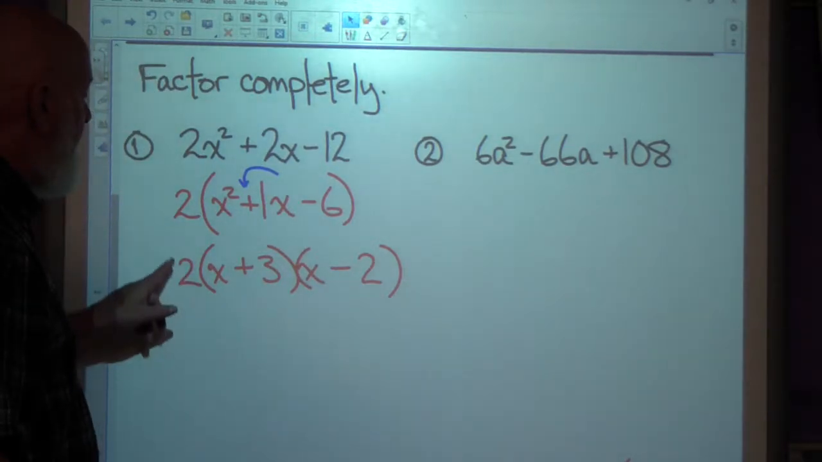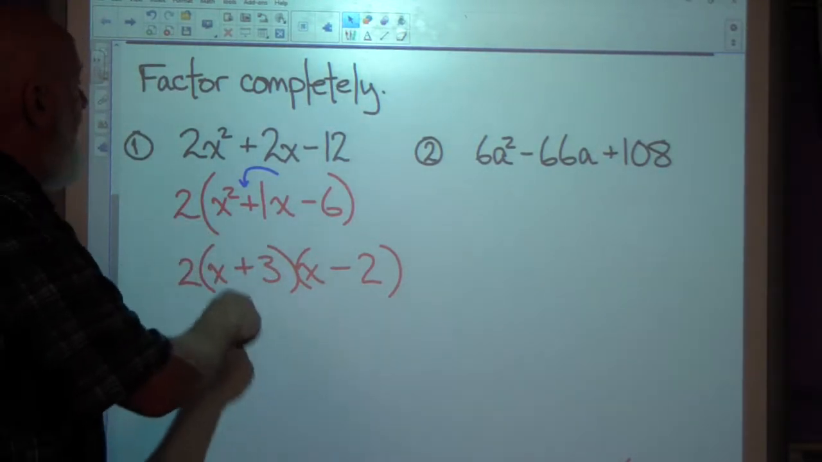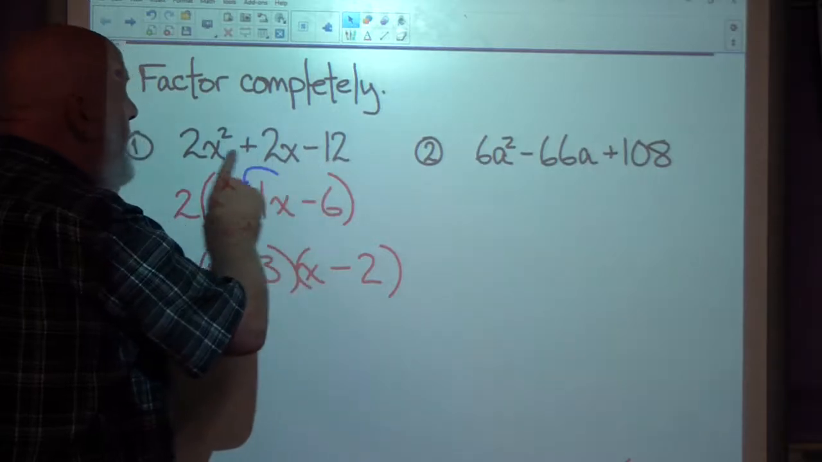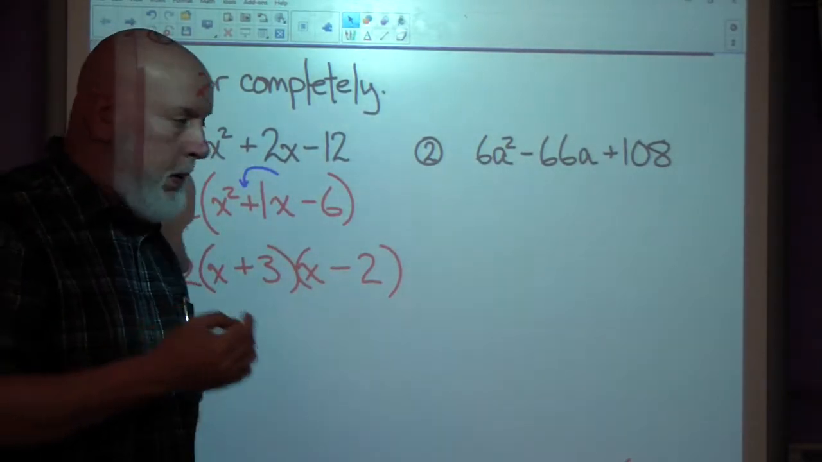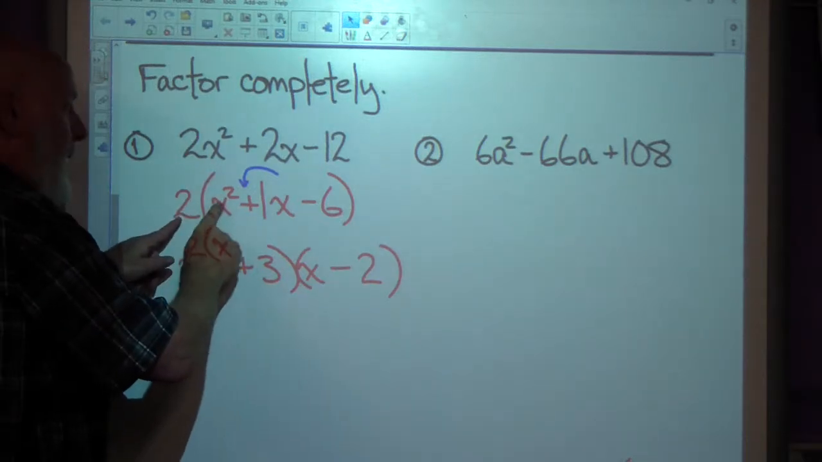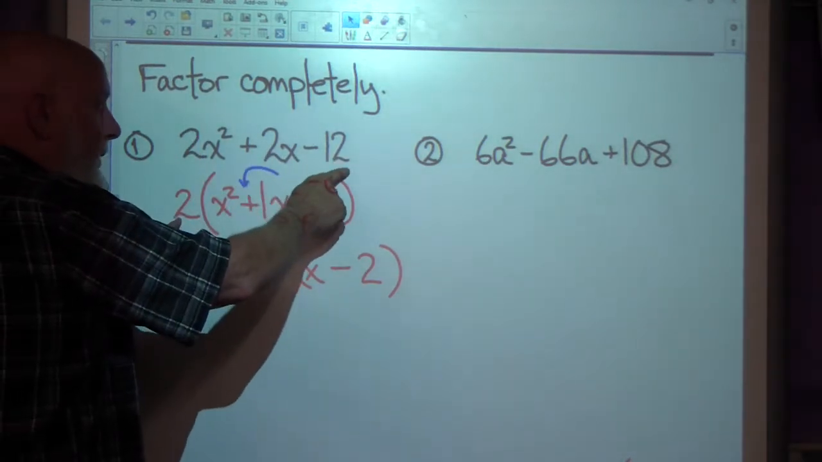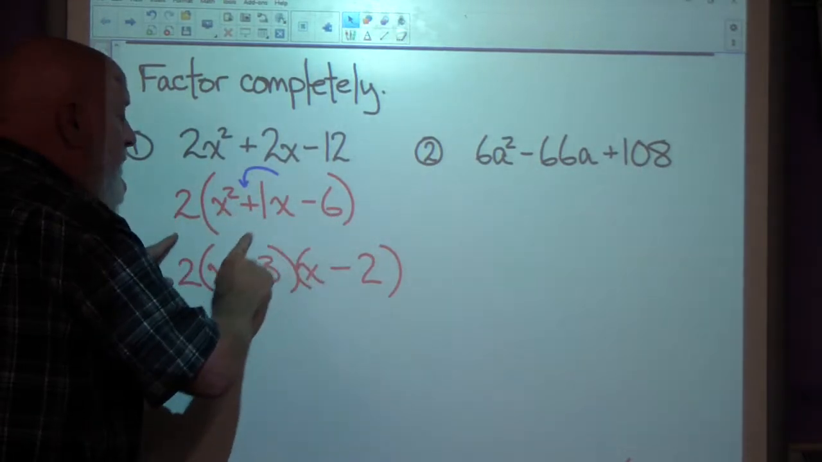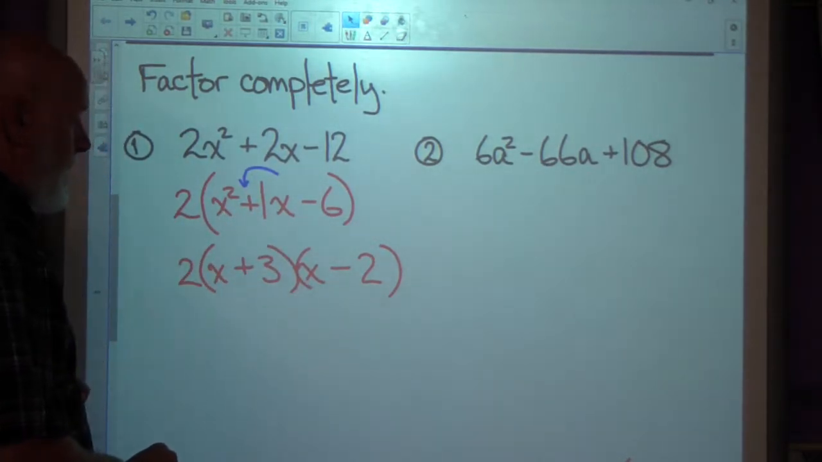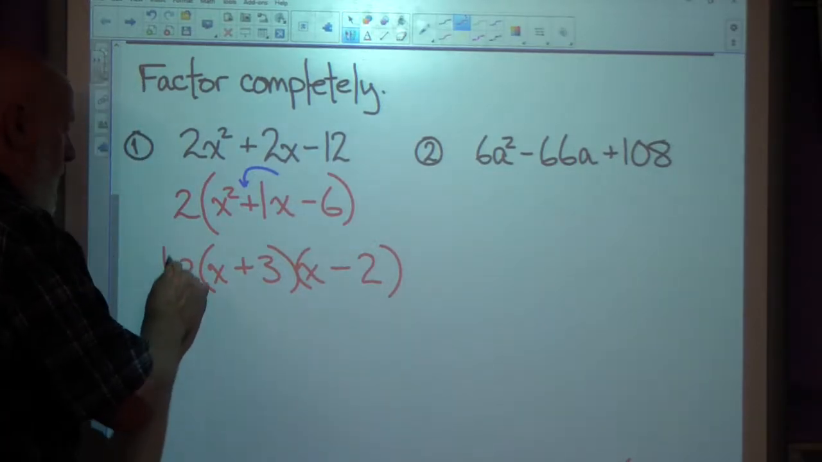And once we get that done, we have successfully factored this quadratic trinomial in which the leading coefficient is not a 1. We did that by factoring out the leading coefficient. We saw that it was a factor of every term. We factored it out, and then we factored the remaining quadratic trinomial. Hopefully,